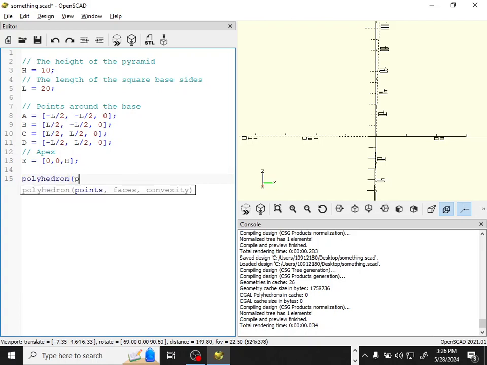And for the polyhedron, the first thing you do is tell it what the points are. What are the vertices? I'm going to give it a list, a vector, with square brackets, and each element in the list is going to be a vector or list that gives the 3 X, Y, and Z components of the location of that point. So I'm just going to say points are A, B, C, D, and E, okay? And then I close this and I save it, and we don't get anything